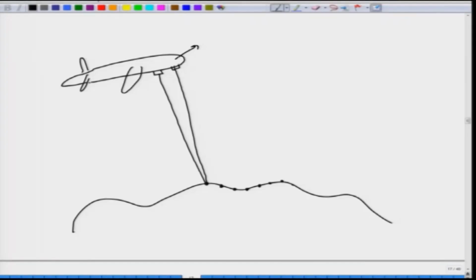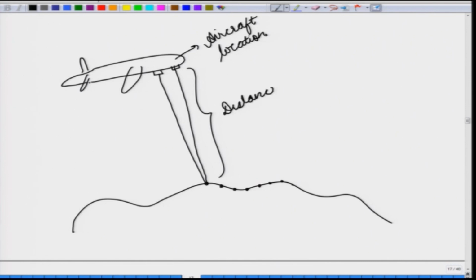So, you need to know the location of the aircraft, and secondly you need to know the distance of the object from the aircraft,